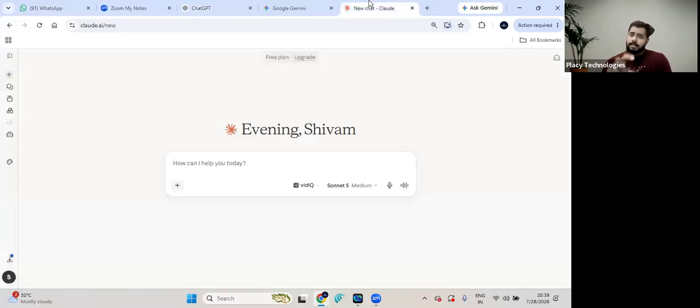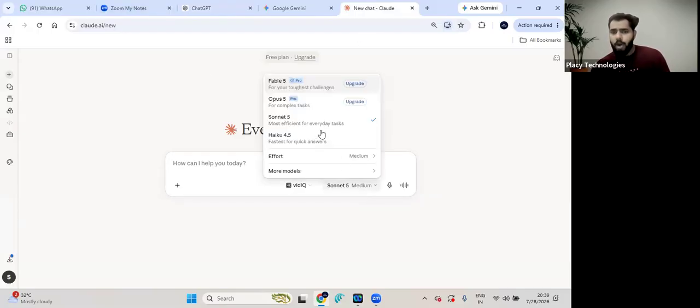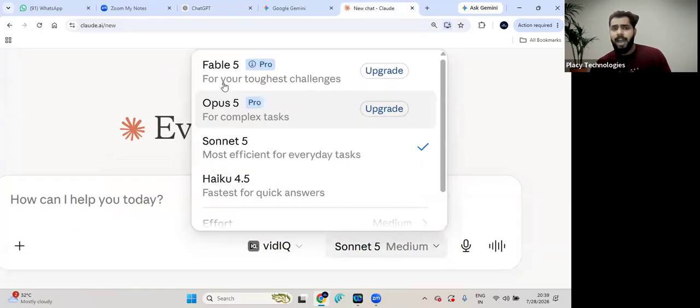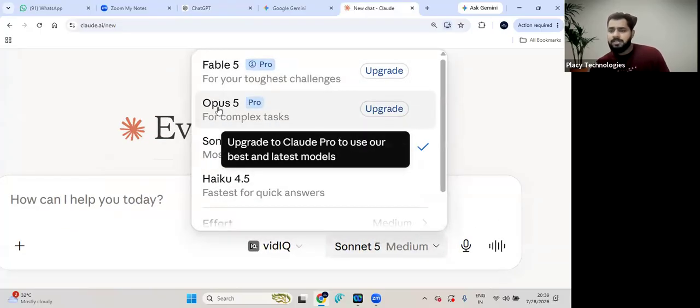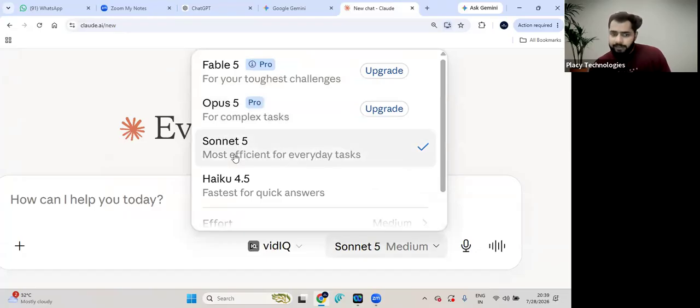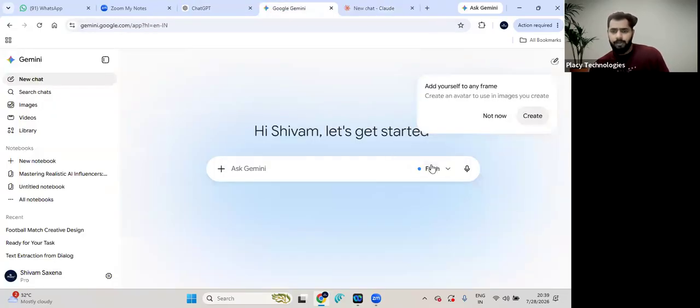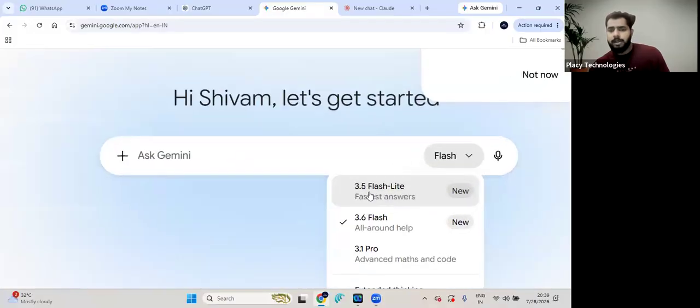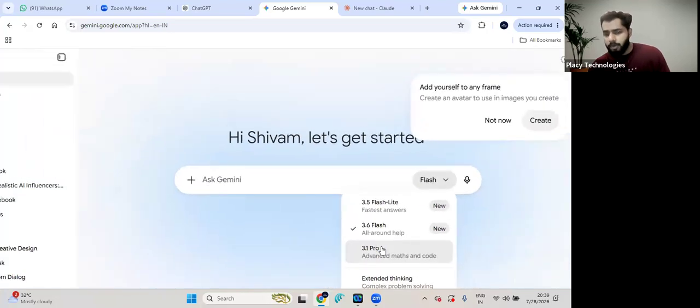But as these models have been trained with a large chunk of data, for example, in Claude, if you see, you have a lot of options to select the model. You have Fable 5, Sonnet 5, Haiku 4.5, right? In Gemini also, if you see, you have models like 3.5 Flash Lite, 3.6 Flash, 3.1 Pro, right?